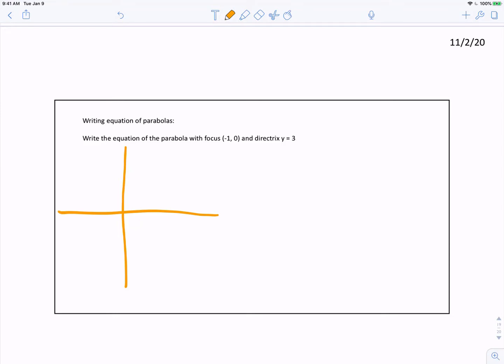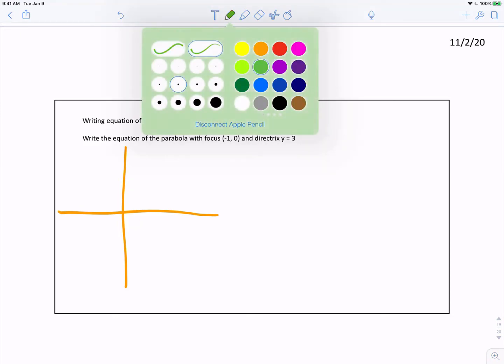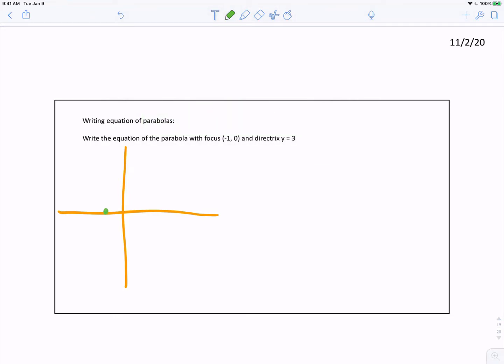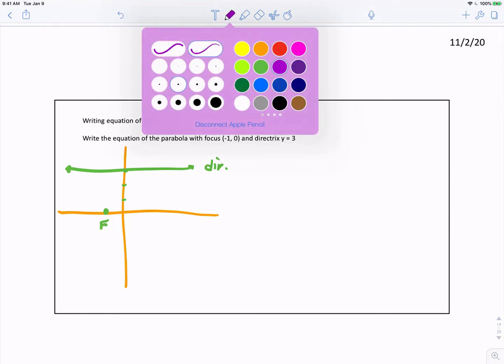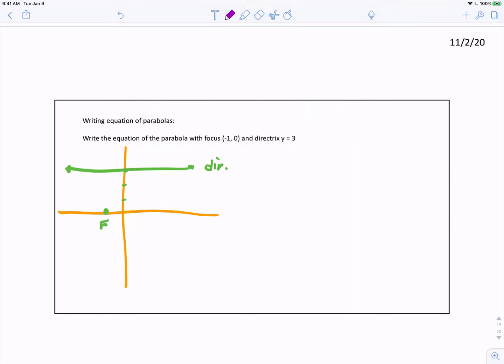So the focus is at -1, 0. This is going to be the focus. And the directrix is a line y equals 3. So 1, 2, 3. This line here is the directrix. Now remember, the vertex is the point halfway between the focus and the directrix. So we can see,